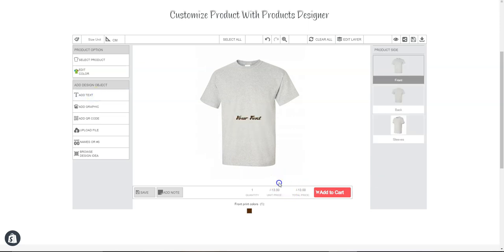You can see an increase of $5. So basically, whichever side your customers customize first, it will be charged $3, and then from the second side onwards they will be charged $5. So this is one of the methods how you can apply custom pricing on various sides of your product.